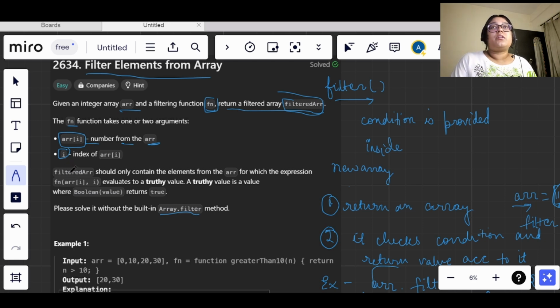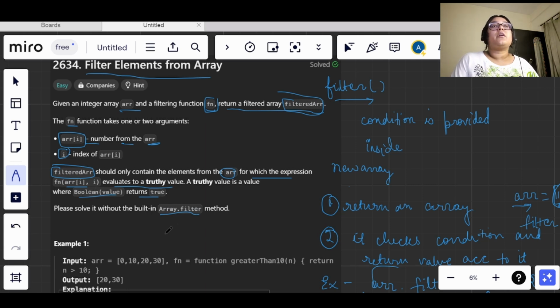The filtered array should contain only the elements from arr for which the expression in this function evaluates to a truthy value. A truthy value is a value where Boolean returns true.